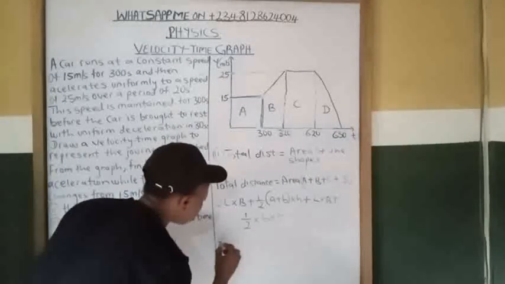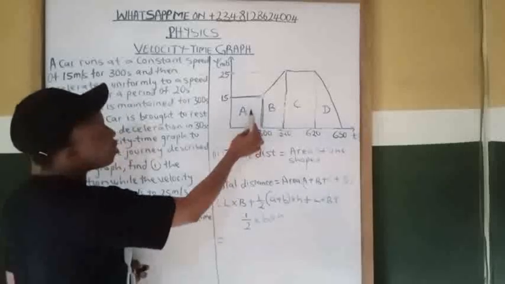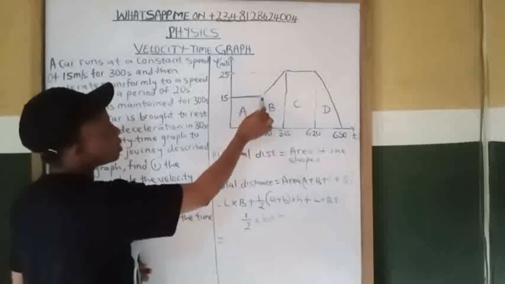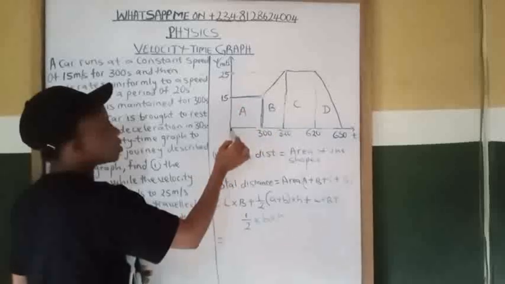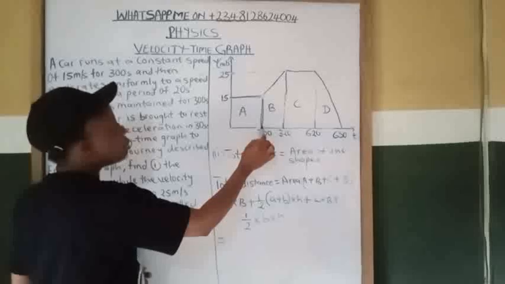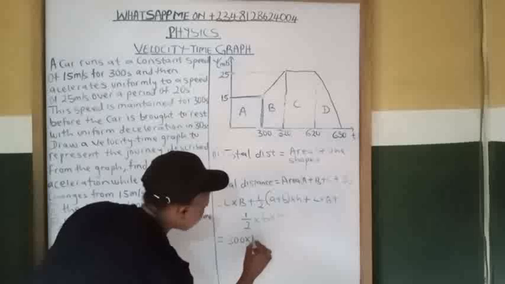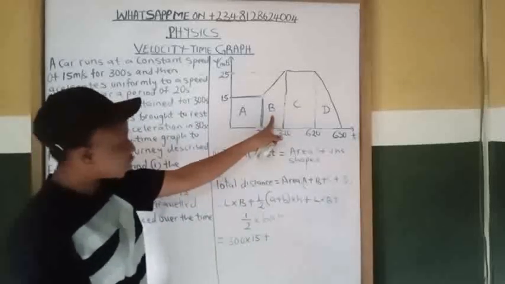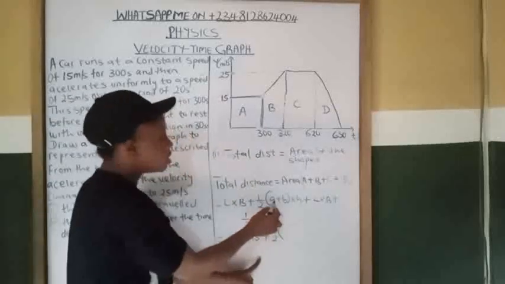So which is equal to the length. What is the length of this rectangle? The length is 15. From here down to this place is 300. So the length is 300 multiplied by the breadth. So that is 300 times 15, plus the area of a trapezium, that is 1/2 into bracket the first